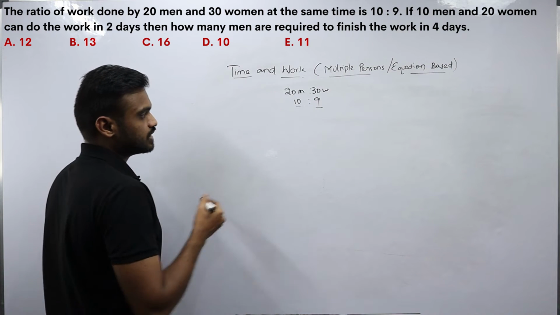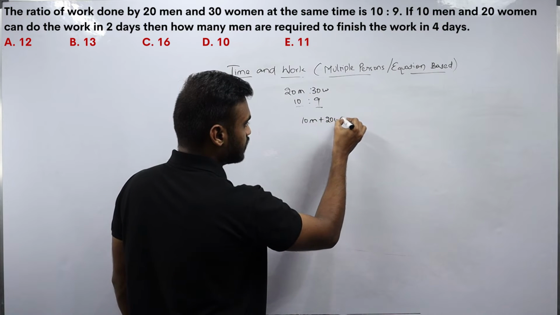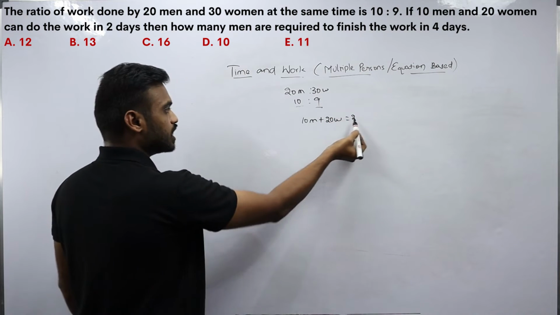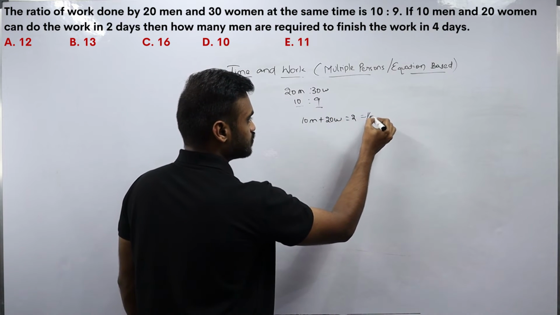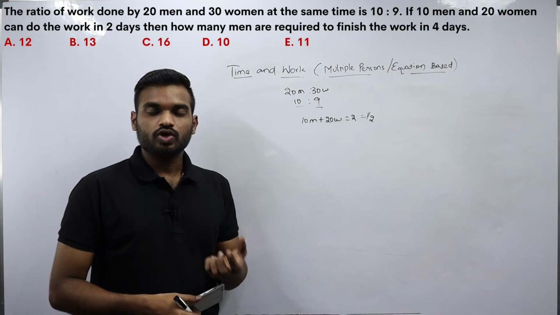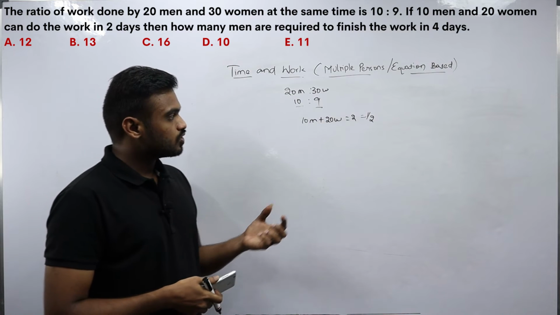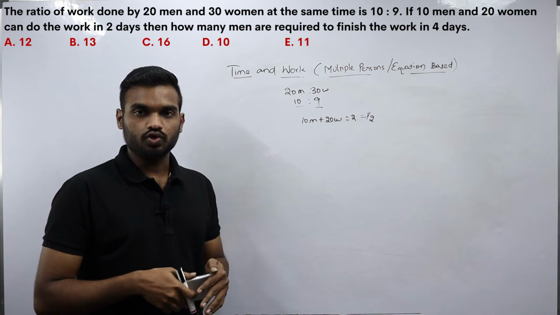Okay, and also they are saying that 10 men plus 20 women can complete the work in 2 days. So here 1 day's work will be 1 by 2. Now our target is to find out how many men are required to complete the whole work. To find out how many men are required, first of all we need to know the efficiency